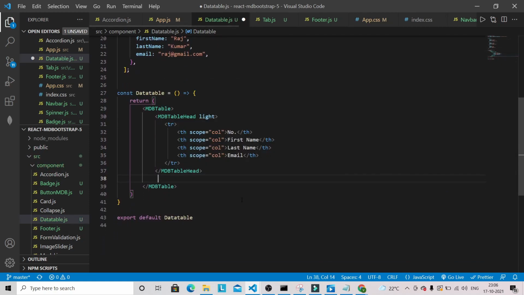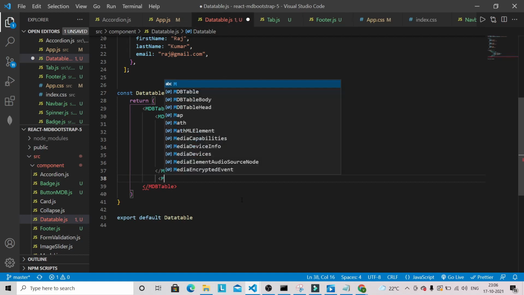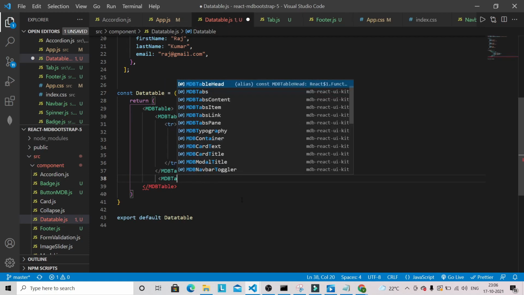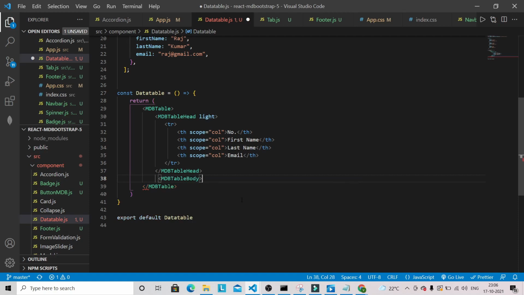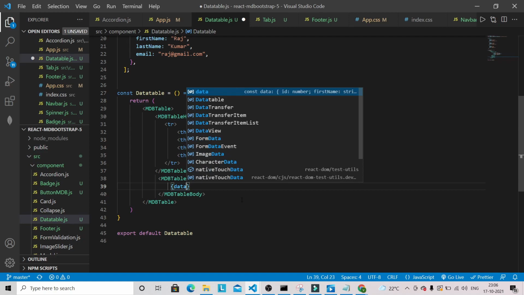So after MDB table head we are going to have MDB table body, and inside it we are going to display all the data that we have here.